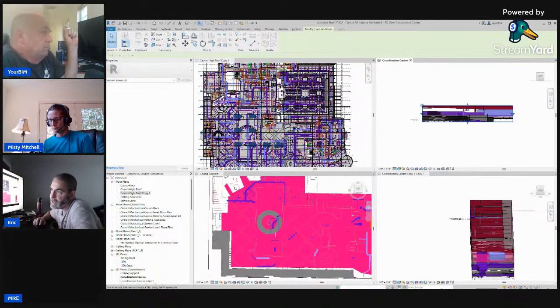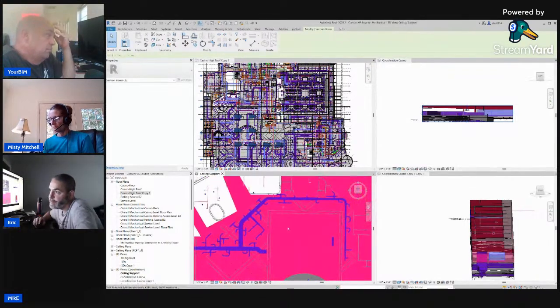Let me look at one more section. I think this one here, I was in a major